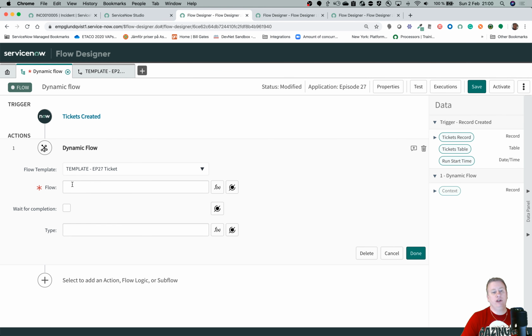Now I need to decide which flow I am going to run. You can of course hard code either the sysID or the name of the flow. So I could just fill in the flow, I don't know, Goran Superflow, or I can have the dynamic version where I don't really know which one I am going to run. So I'll just call it